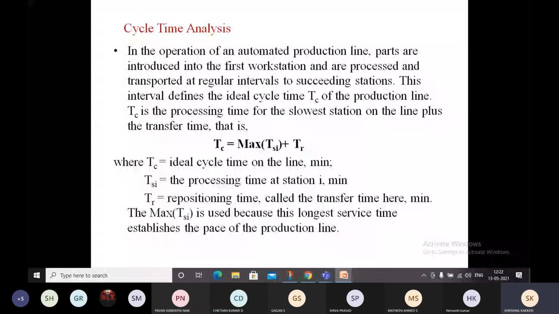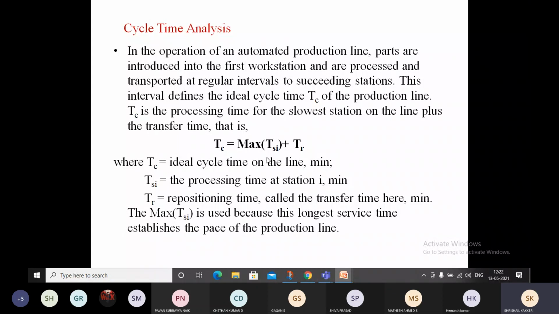Now, here the problems will come. Try to remember, one problem will come for 8 marks in the examination: cycle time analysis. So what is the ideal cycle time? I am not going to explain much here; you can easily understand. The Tc is equal to max Tsi plus